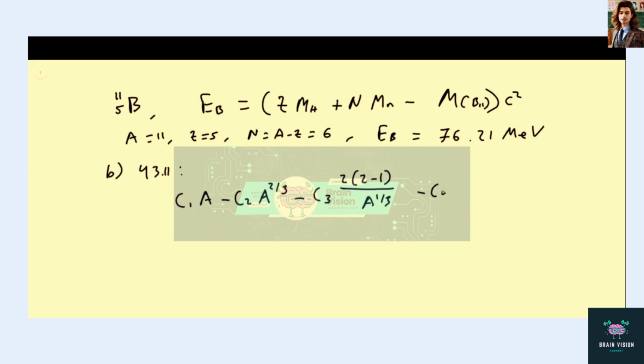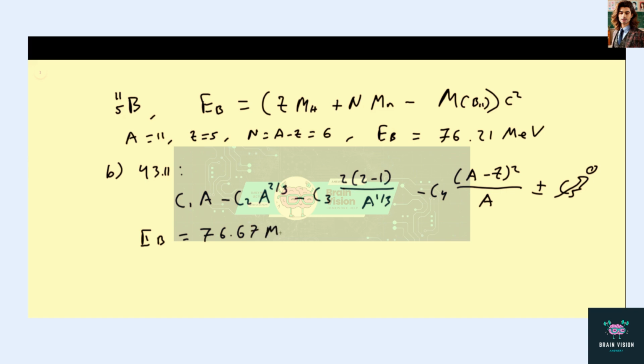minus C4 times A minus 2Z, squared, over A, and then usually plus or minus a fifth C5 term, but in our case this is 0 because Z is odd and A is odd for us. Therefore, we can calculate the total binding energy using the values of C1 through C4 given in the book, and we can find the binding energy using this formula is